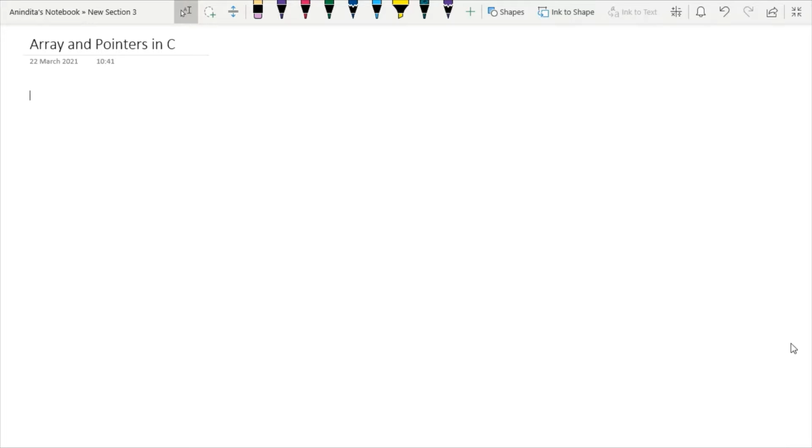So now what is this array all about? Whenever an array is declared in the program, mark my words, contiguous memory will be allotted to the elements. So an array is basically a contiguous memory allocation. First I will define how the syntax of an array will look.